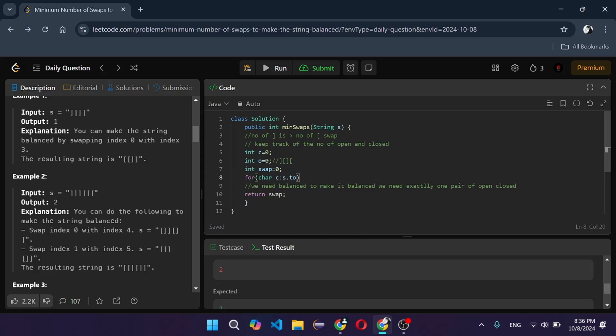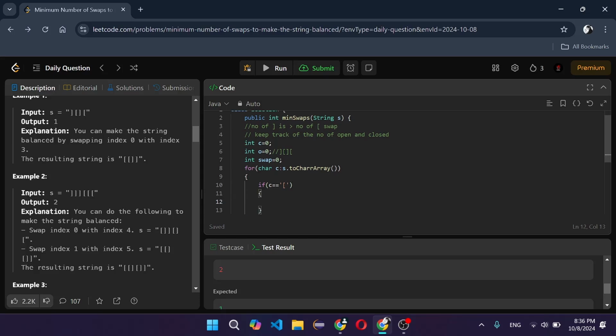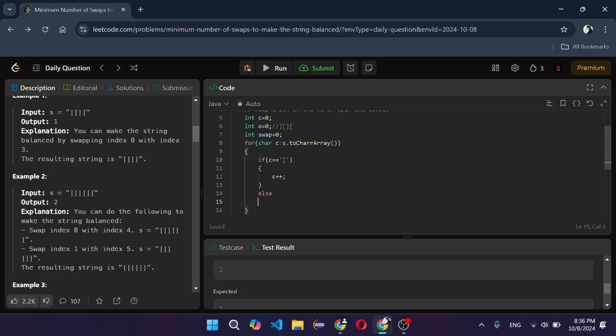I don't want to use that caret, so I'm going to use this char array function, I think. C colon s dot to char array function. Okay, if c is equal to this open bracket, the same, O plus plus, and else if c is equal to